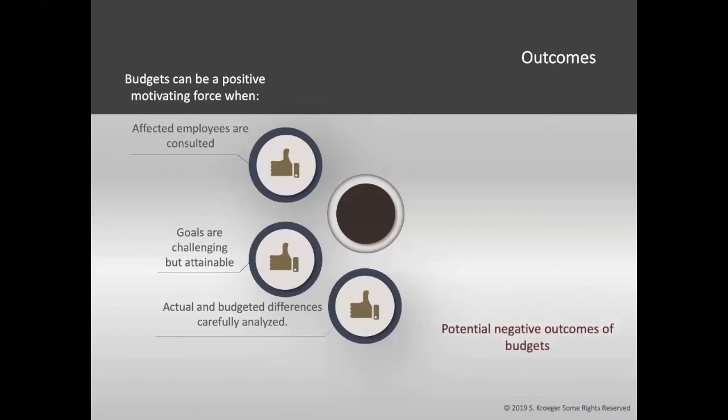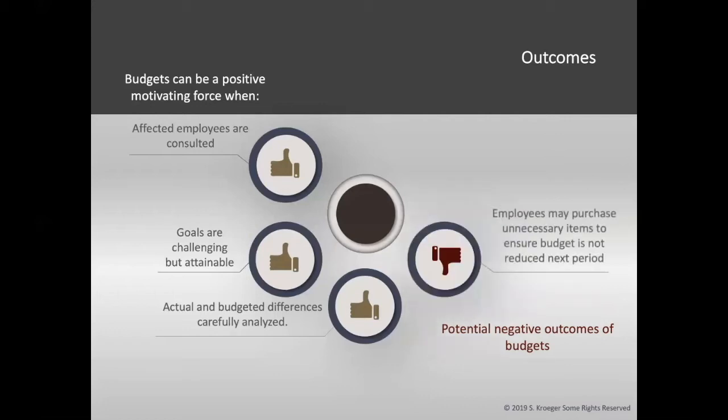Budgets can also be negative when they're not implemented or communicated properly. As we just discussed, when a department is under budget, their funding may be reallocated in future years. Some managers or departments may avoid this by purchasing unnecessary items. As you have noticed, I've done a lot of clips from The Office, and once again, I have another clip